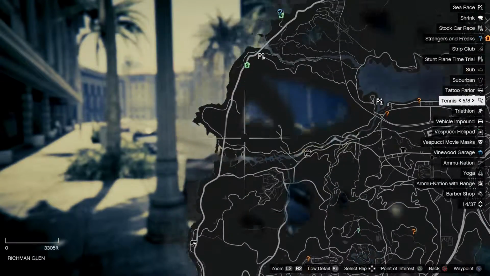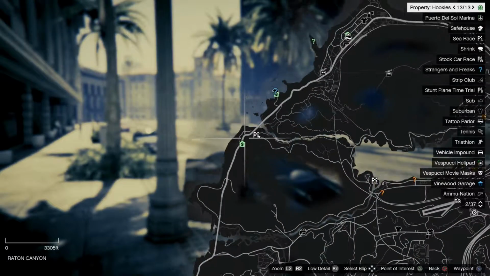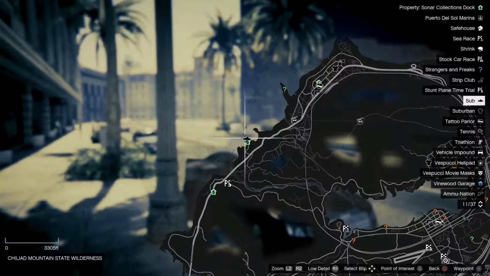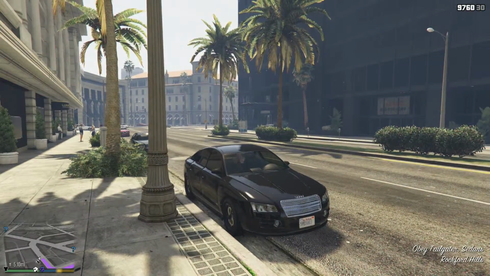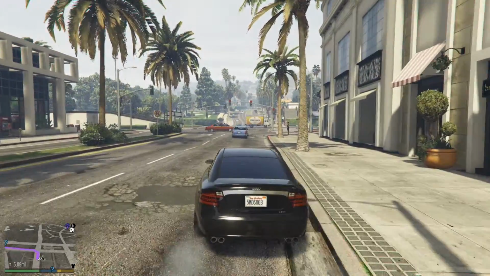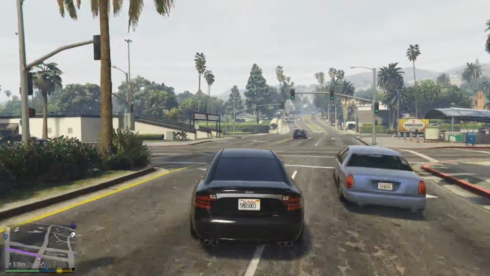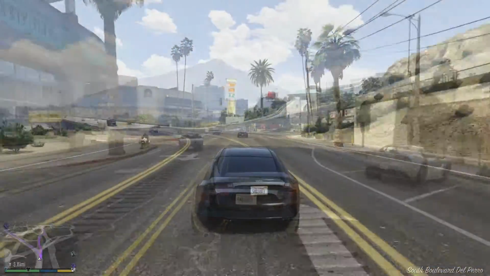In this episode we're going to be starting off with our GTA 5 side missions. We're going to start with Michael and the Death at Sea side mission, which you can find at the Sonar Collections dock shown on the map there. I've just popped a quick waypoint down there to make it a little easier to find. Make your way down there along the western coastal road,